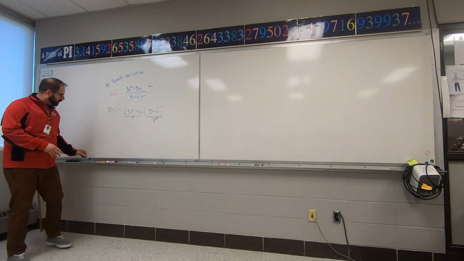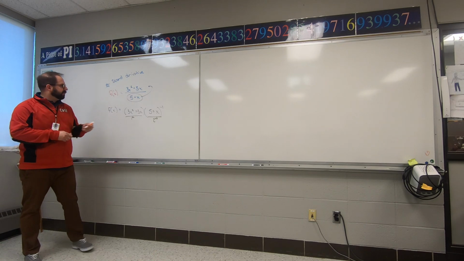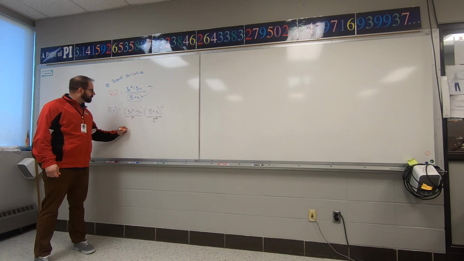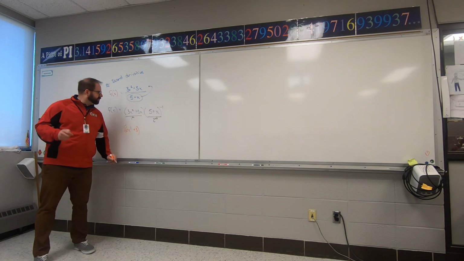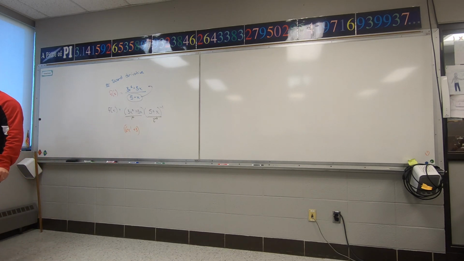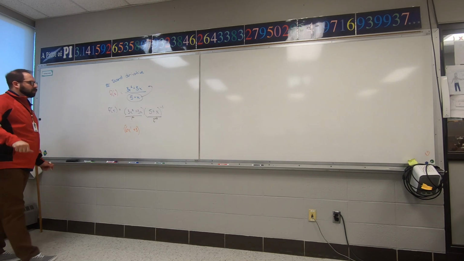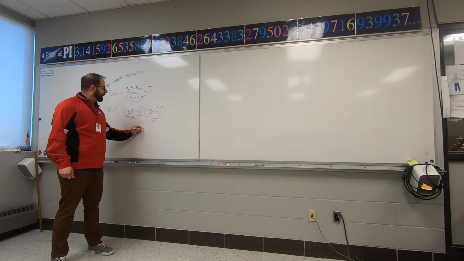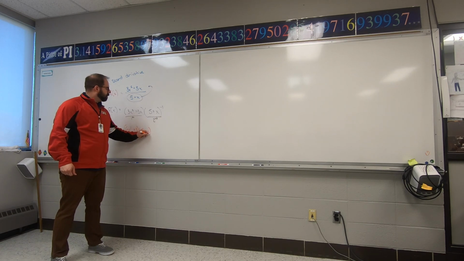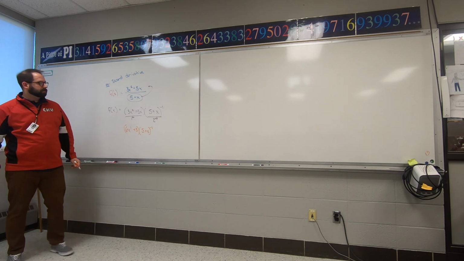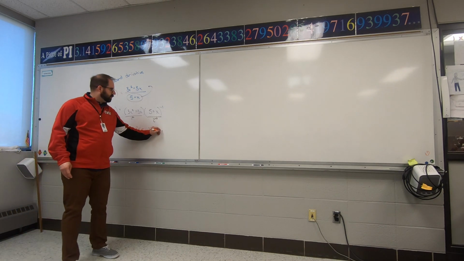Now, let's go through the process here. So, derivative of the first item, this ends up being a 6x to the first plus 3. That's the derivative of the first parenthesis, right? Drop the power up front, subtract 1 off, drop the power up front, subtract 1 off. Times the second. The second didn't change. Plus